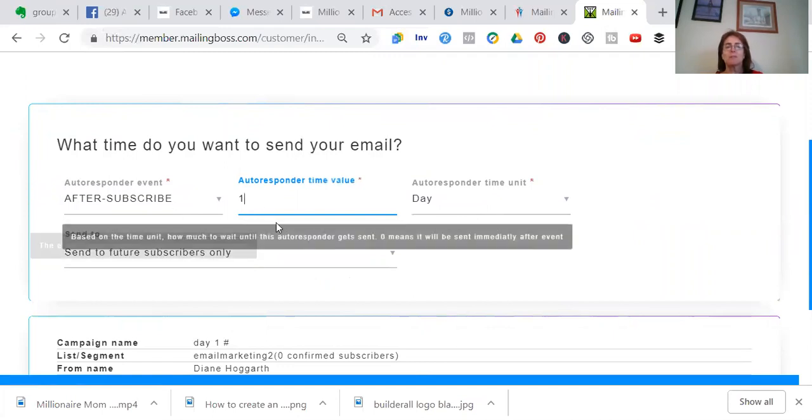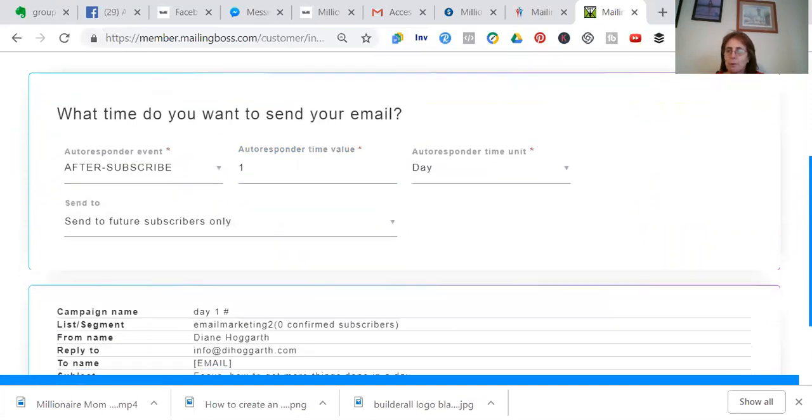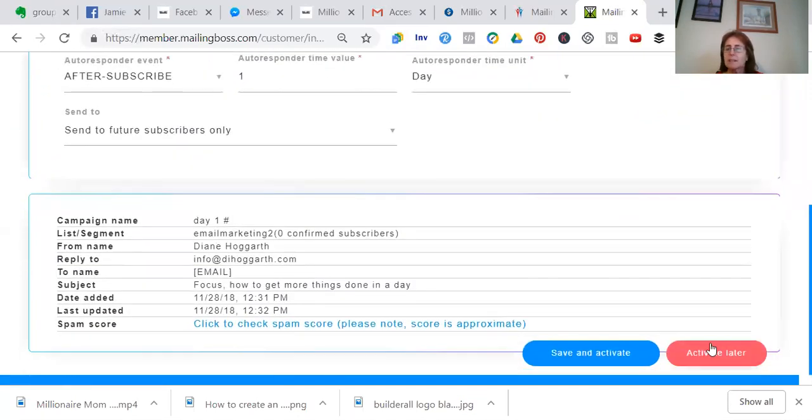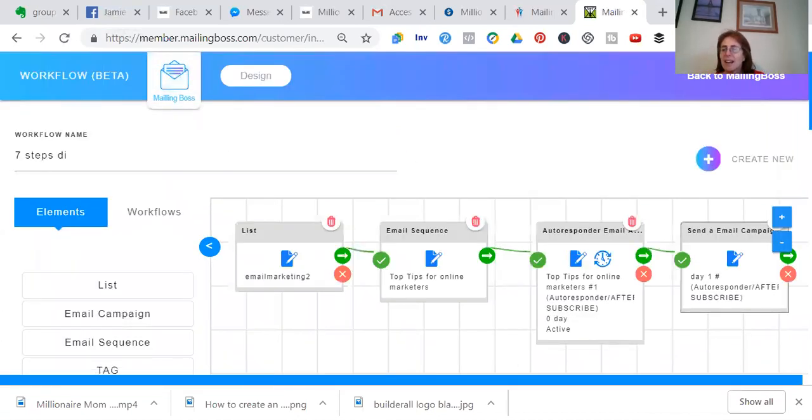So day one to, in email language, is really day two, because day zero is day one. That's another little bit of confusion for you. But as long as you've got that in your head, there you go. So sorry about that. Well, that's it. So you've got day 0 and day 1 organized,